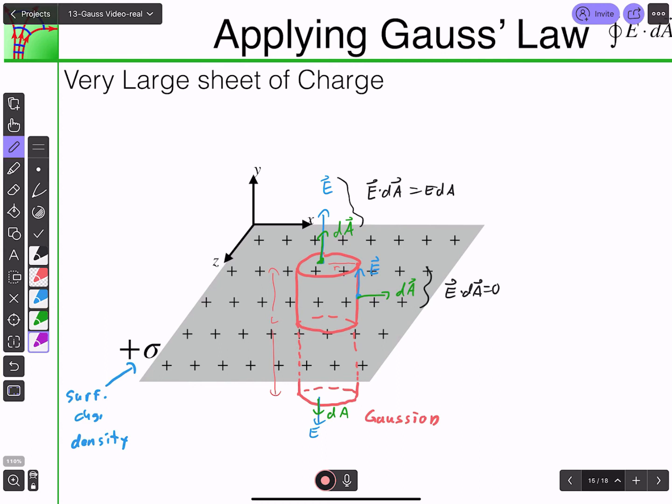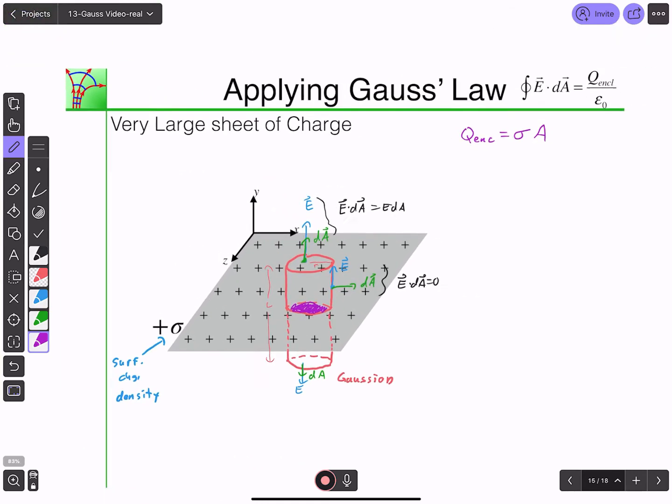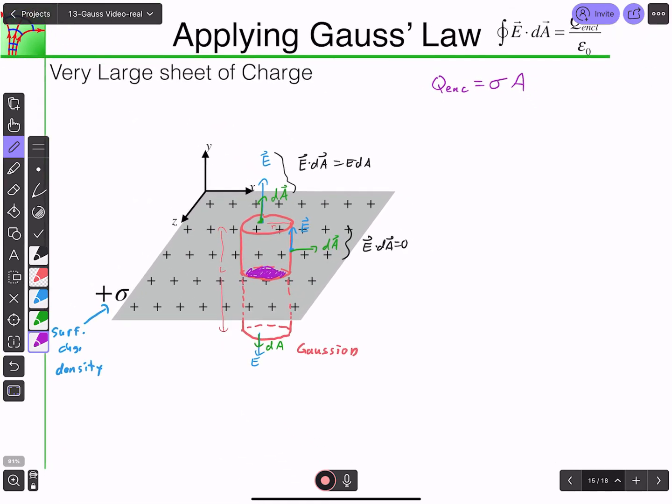I also need the enclosed charge. So here is the amount of charge enclosed inside the surface, right? So how much is that? Well, Q enclosed is just going to be the surface charge density times the area of that surface that's enclosed inside there. So the surface charge density is going to be sigma, and then the area is just going to be pi r squared, because we picked a cylinder of radius r. So now we are good to go, and I think we can calculate our